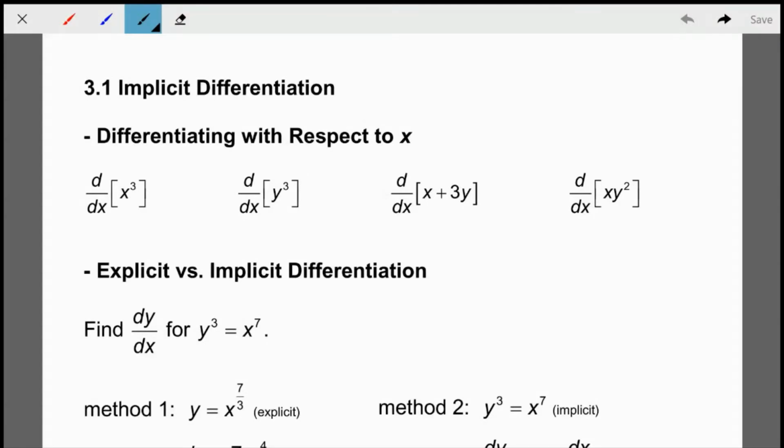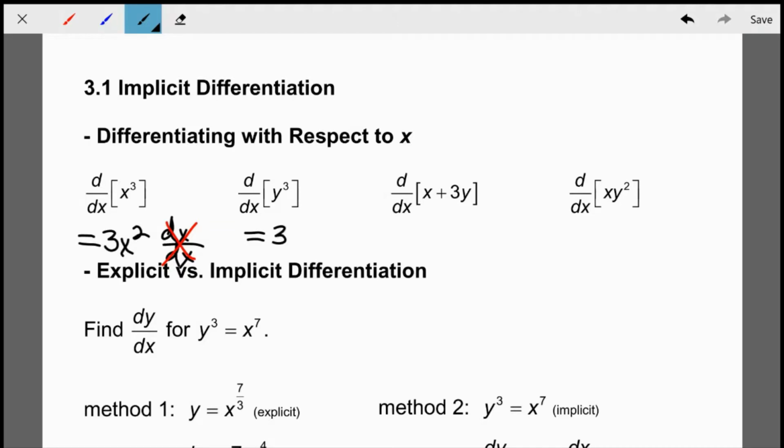So for example here, I've got the derivative with respect to x of x cubed. Well, everybody knows that that would be 3x squared. But the other part of that is, if we did the chain rule, that would be multiplied by dx/dx. Well, dx/dx is just 1, so typically when it's an x expression, we don't write that out because it's not necessary. However, when we look at this next one, d/dx of y cubed,